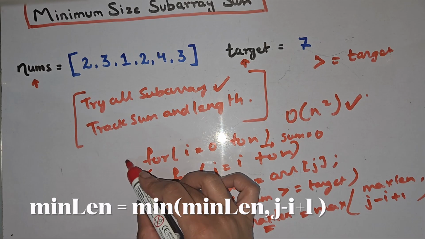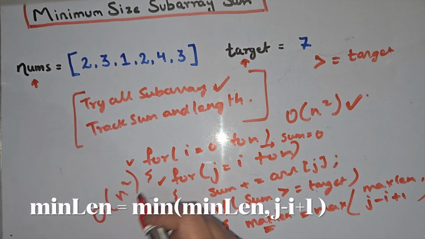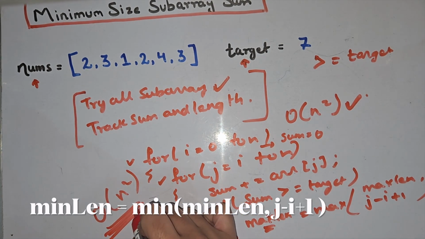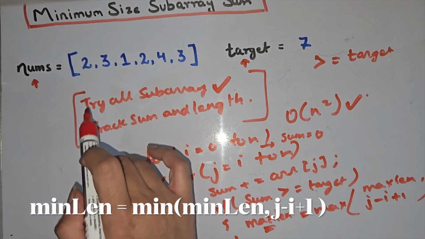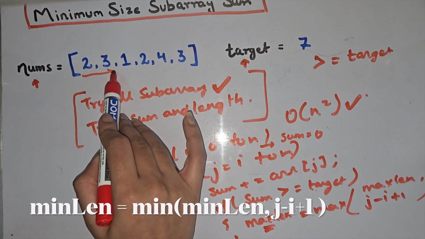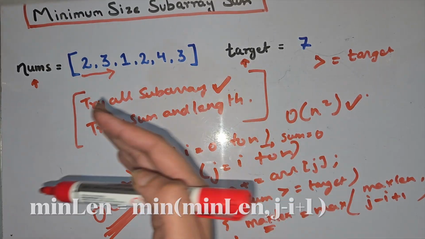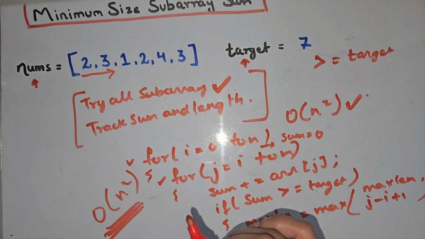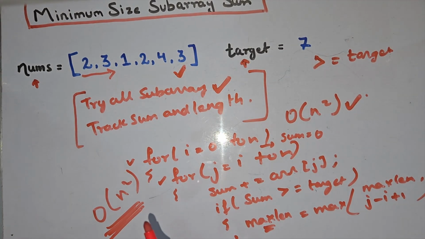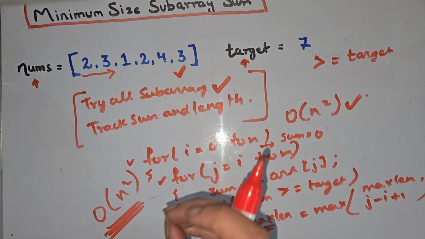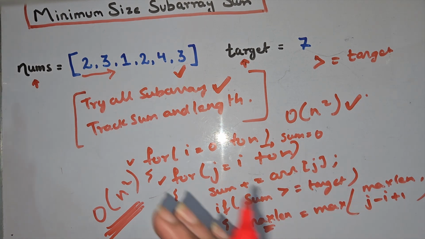But we know that we are running two loops here and we are generating all subarrays, which is causing us order n square time complexity. Although, when we sum progressively and all the elements are positive, the sum will eventually grow on moving forward. We need to make a point that all the elements in the array are positive. This is given in the question. So the sum only increases when we move right. That's why sliding window works in this case.